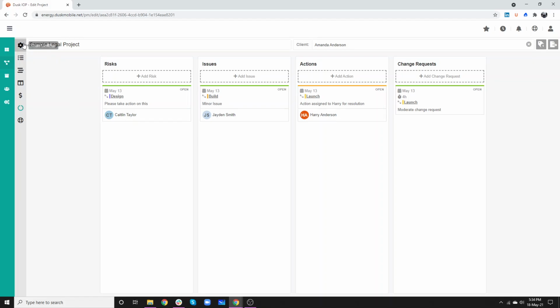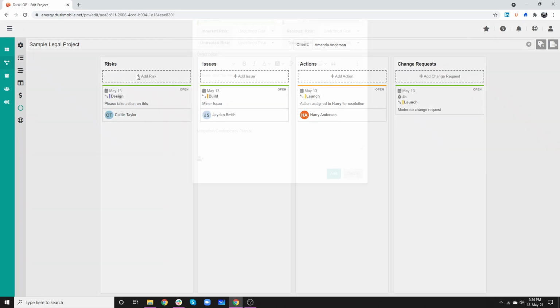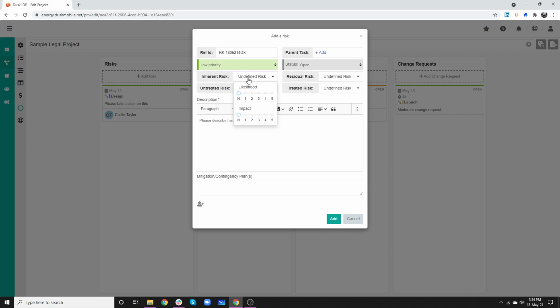For risks, we're just going to go back to the project settings at the top there. This is a matrix that can be defined for your business so that the risks reflect your business. You can go in here and choose different ones in here, which will create a matrix that represents your business. And then you can change the likelihood and impact down the bottom here accordingly, and add in notes as you need to. So if we go back into the risks, issues, actions, and change requests screen and press this, we're able to then go into the different risks and define them accordingly. And what this does is start to build a representation based on your specific business.